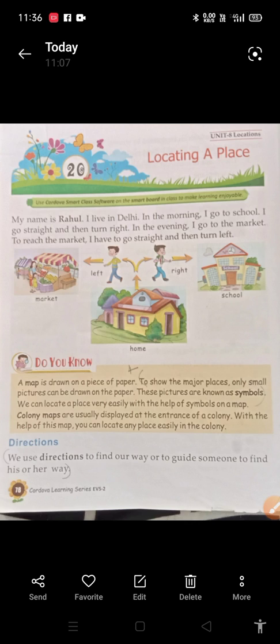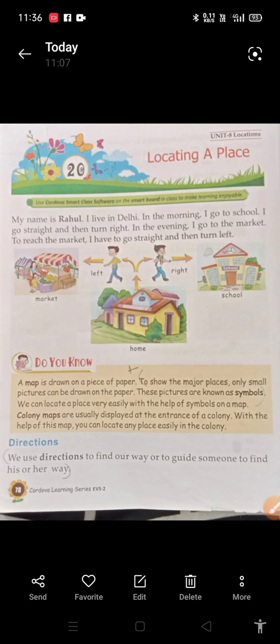Colony maps are usually displayed at the entrance of a colony. With the help of this map, you can locate any place easily in the colony. As you already know, colonies are very big places. There are a huge number of houses and flats in a colony. So it would be very difficult for a person going there for the first time to locate a particular flat or a house out of so many houses and flats. So a colony map is always provided at the entrance, so that the person can easily reach the designated place